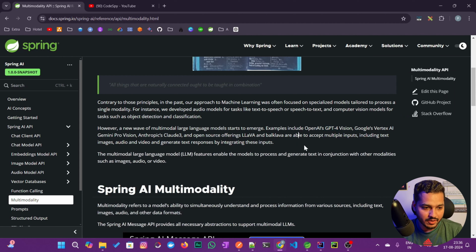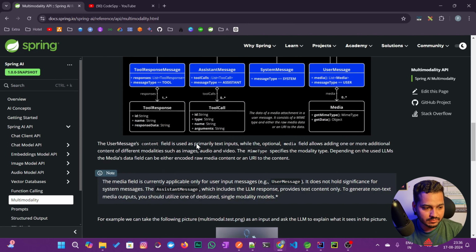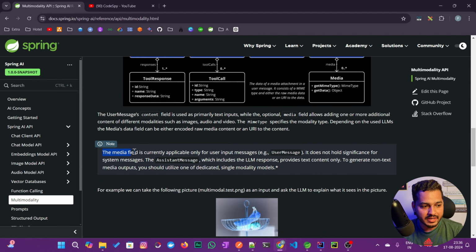As per this Spring AI document, they are saying that these models accept multiple inputs like text, image, audio, and video, and they will generate a text response. Of course, GPT models are made for text response only. They can accept multiple types of requests, but the response is going to be text only. If I scroll down, they are saying the media field is currently applicable only for user input messages, that is user messages. It does not hold significance for system messages, and